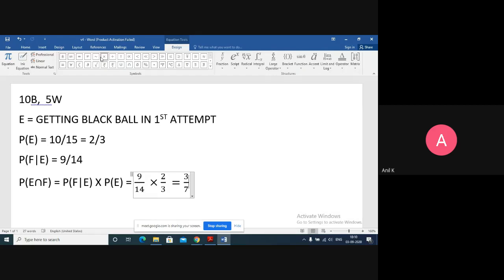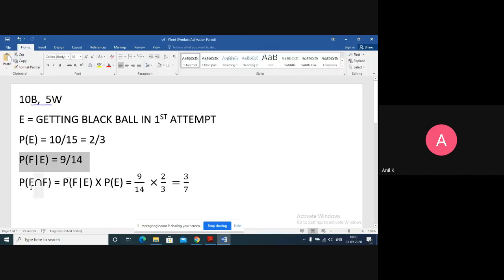So here I can get the probability of F slash E, instead of the probability of E intersection F. For the probability of E intersection F, I use the formula to get it. Is that clear? That is the difference between the previous questions and this question. In these questions, this slash value will come first, then I have to find the intersection value.